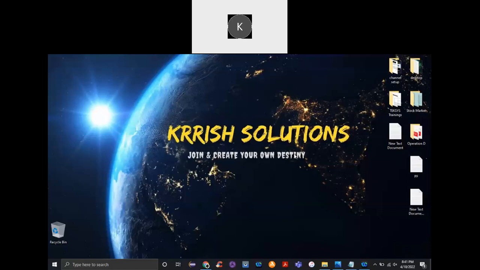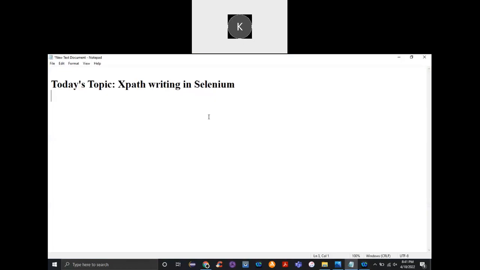So today we are going to learn a Selenium Java topic, one of the crucial and important topics related to XPath writing. First of all, we'll see why we need to identify the element, why we need to write the XPaths. Okay. Generally, the reason behind why we are writing the XPaths or why we are trying to identify the element